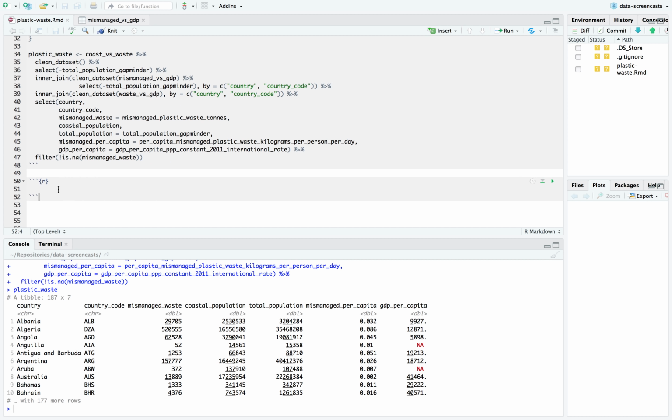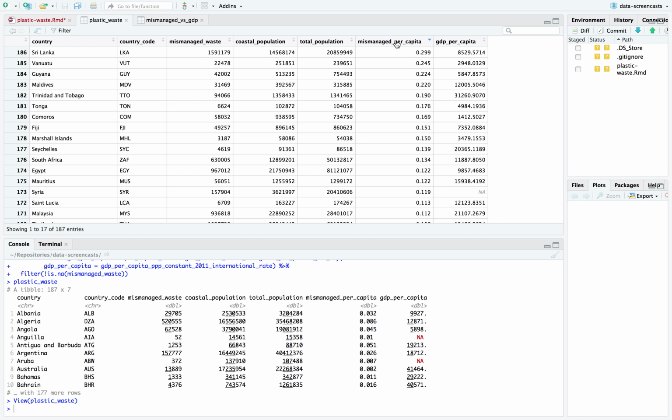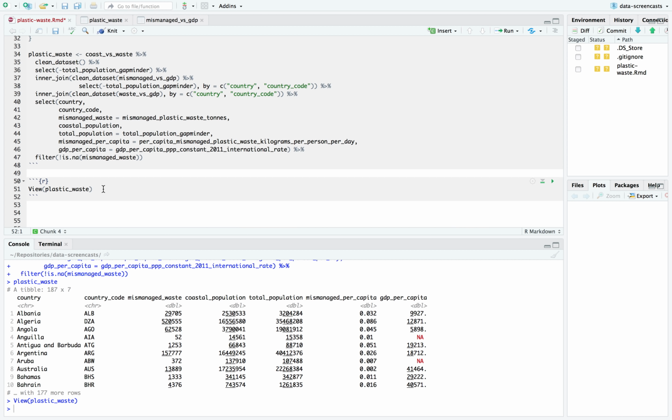Let's take a look at it. Let's get a feel for our data by putting it in view. Okay, I am going to start by sorting by mismanaged per capita. So it looks like this is waste in kilograms per person per day. So in Sri Lanka, it's just Vanuatu. Here there's a high level of waste relative to the number of people. So we can make a graph for this, but